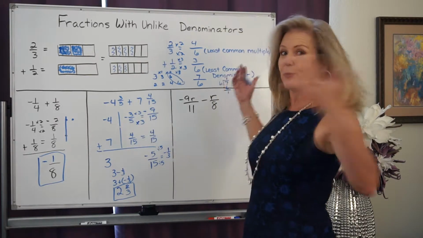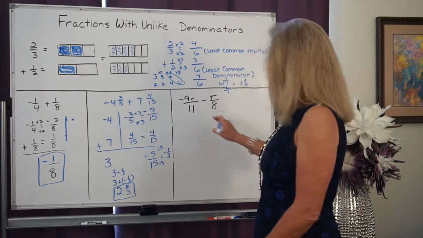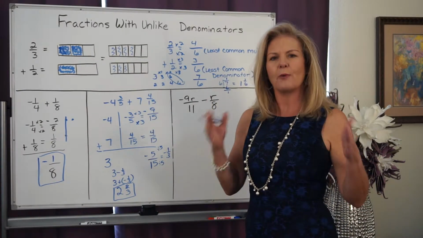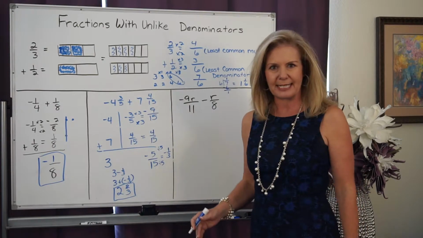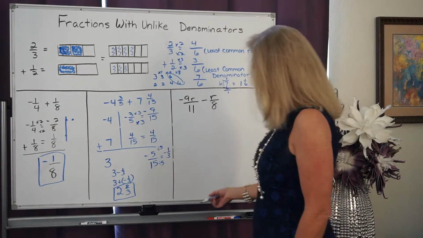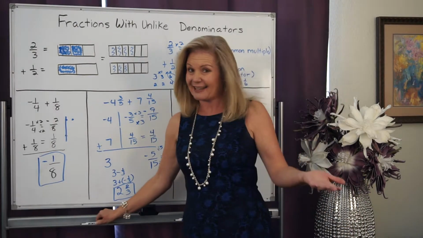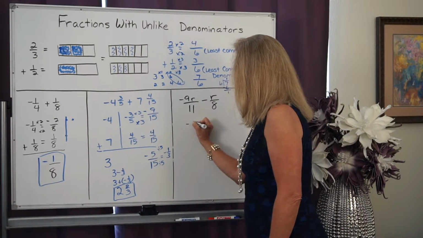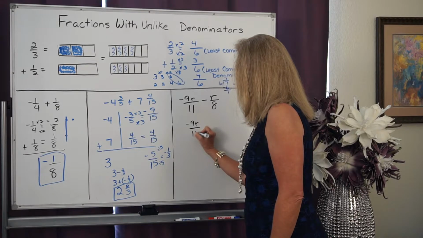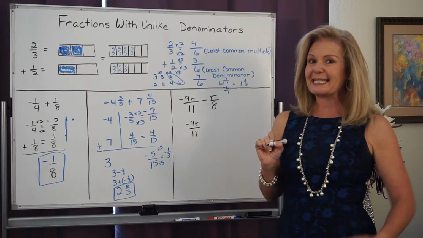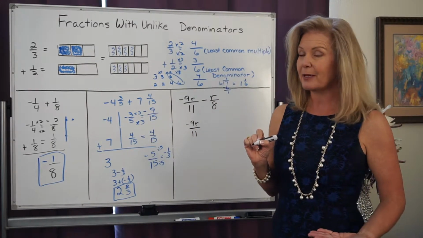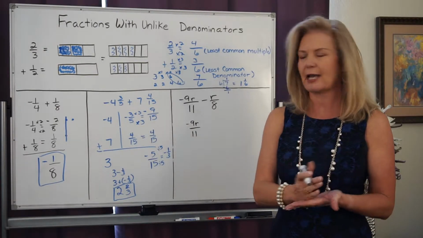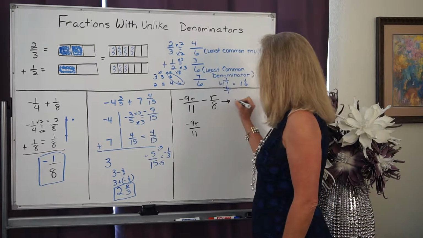Now, we also know we can have variables. So when I take a look at variables, don't let the letter throw you. All we have to do is follow the same steps that we did before. So I look at those denominators and I see they're not the same, and I have to make them the same. So I'm going to take and rewrite this. Ooh, I see minus. And remember, whenever I see subtraction, I change it to plus the opposite. So I'm going to rewrite it over here,